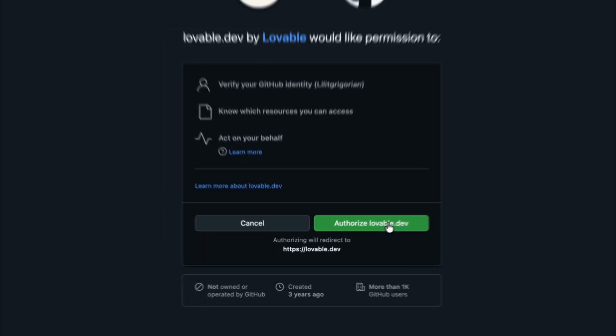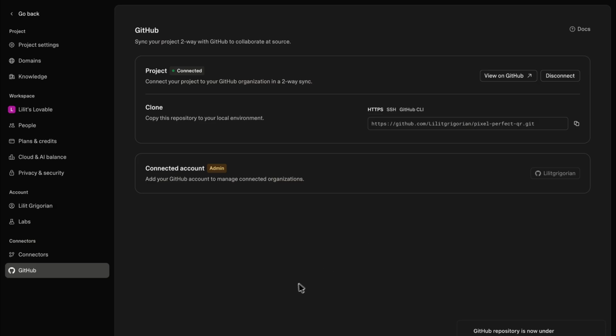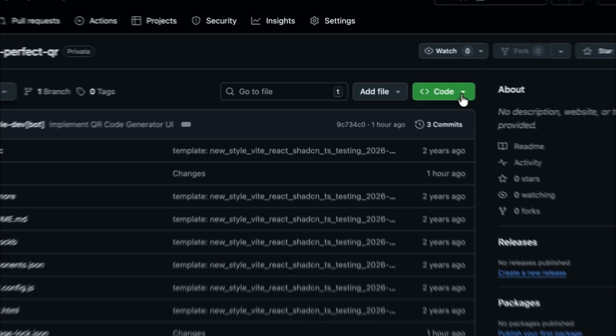Click the GitHub icon, authorize access, initialize the repository. Now our Lovable code lives inside GitHub. Now I can clone it to Antigravity. To do so,